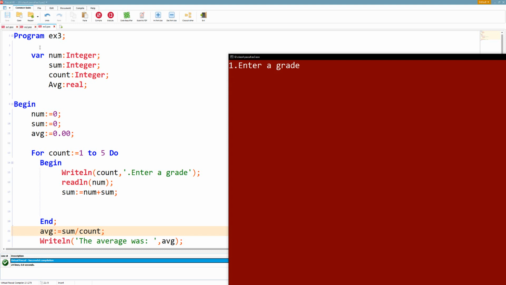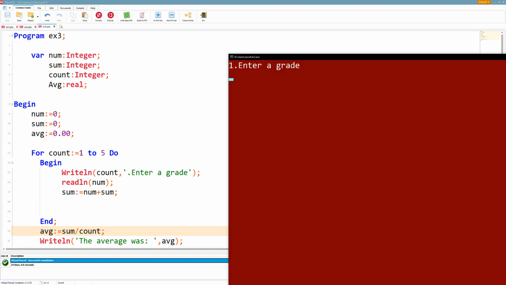So the program starts, all these variables are created. Then the num variable is given the value of 0. The sum variable is given the value of 0, and the average variable, the AVG, is given a value of 0.00. Now, I didn't display them like I did before on the top because I think you get the point now. This actually does happen, and then the program immediately jumps into the loop,